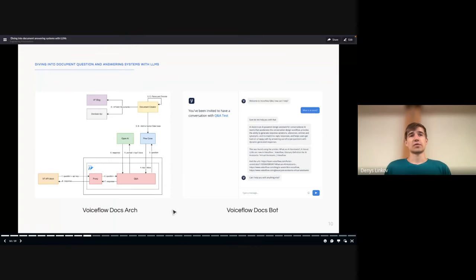So this is kind of what the architecture looked like. It's nothing out of the ordinary, but basically we connected our front end to this API that we deployed on Google Cloud Run. So this is different than our typical API deployment steps. We go through a whole CI/CD process on Kubernetes, but because it was a proof of concept, we wanted to hack it together.